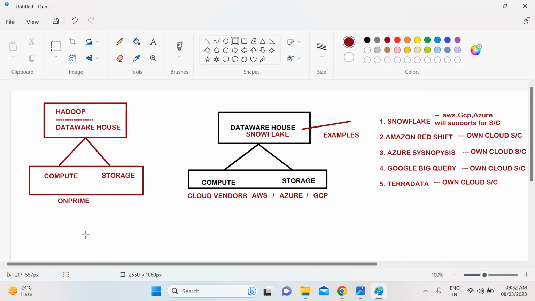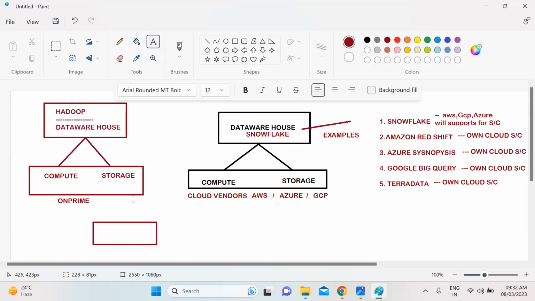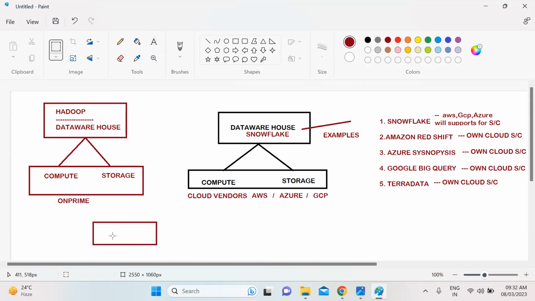Let's say, for example, here they will get one node like this.